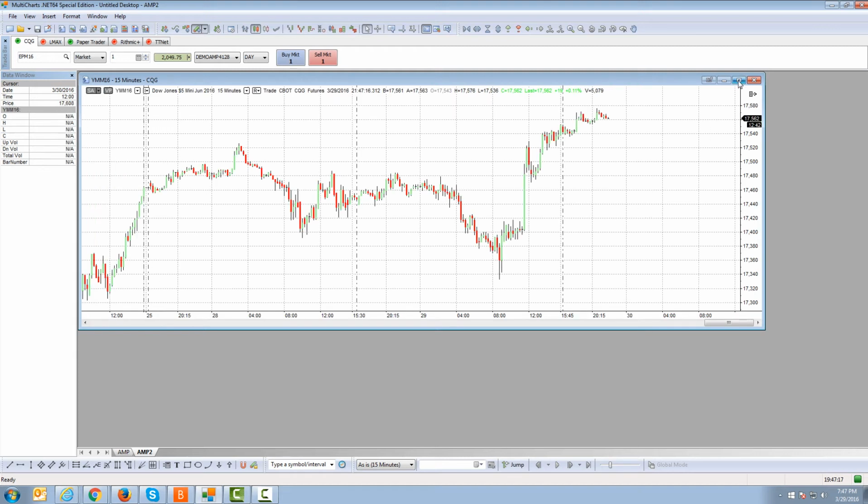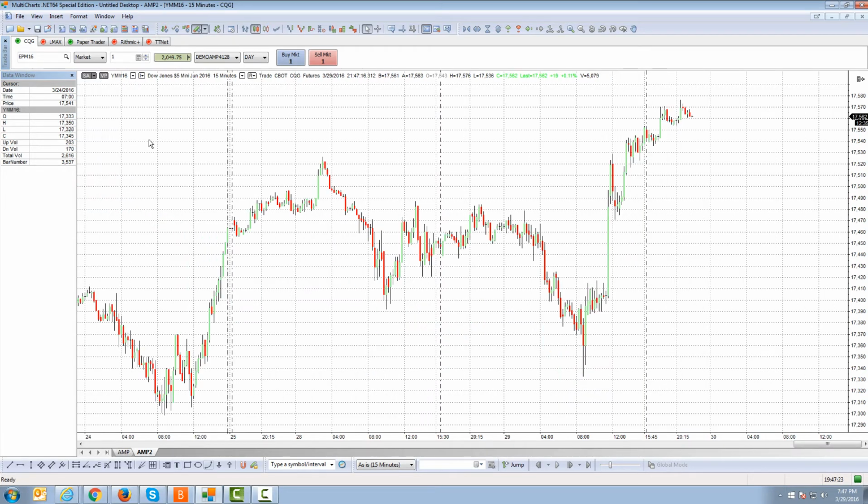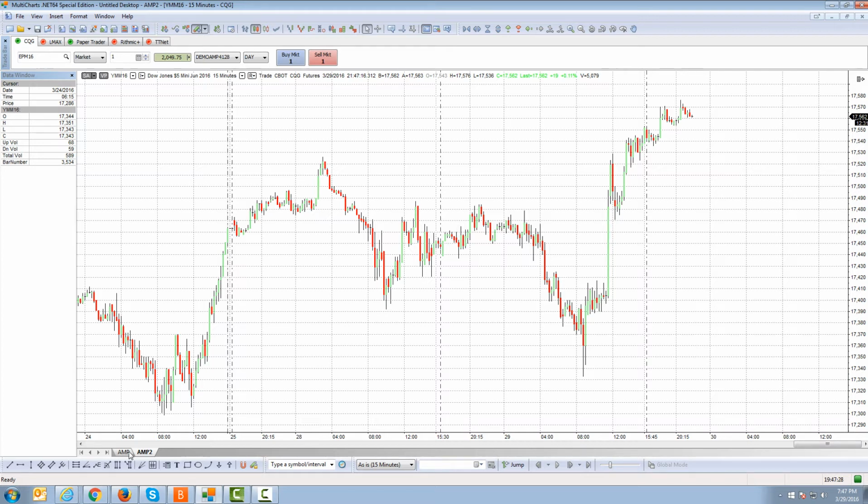All right, and then now you have your mini Dow chart. So if I go back to the AMP workspace, you can see that's the mini S&P chart. And if I go to the second workspace, that's the mini Dow chart. So this gives you the capability, if you want to be able to separate out the different workspaces for different